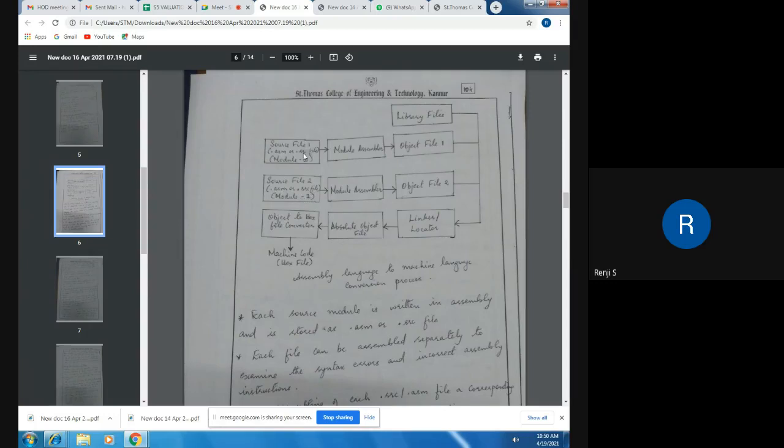Now, once we have the source file, it is given to the module assembler, and the assembler converts it into an object file. So the module 1 object file is object file 1, and the module 2 object file is object file 2.